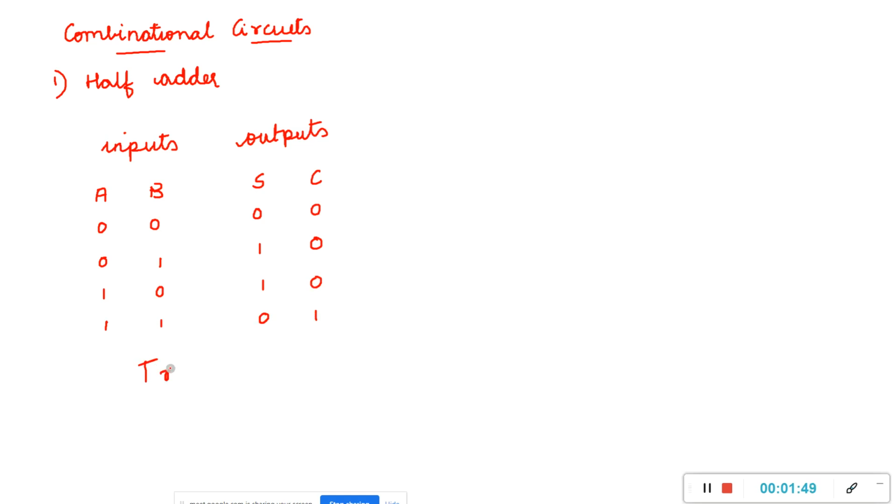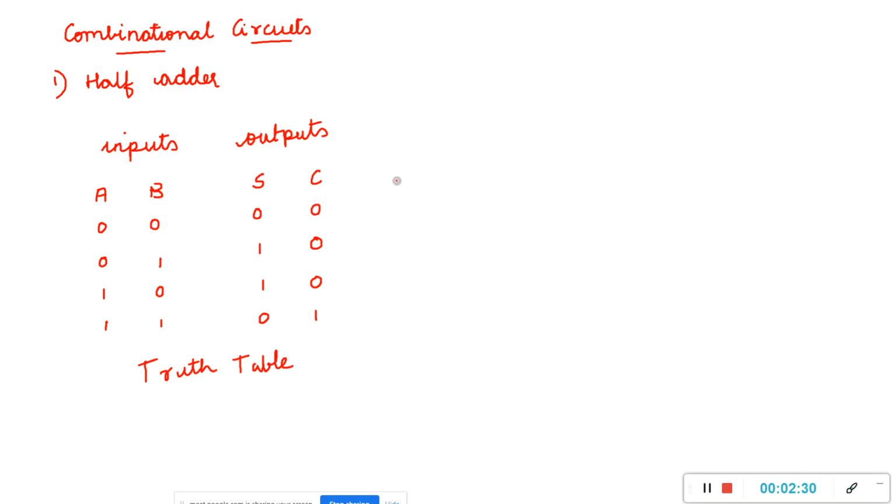What is this? This is a truth table. This is the truth table for half adder. What is a half adder? Half adder is a combinational network. It is an example of combinational network. It contains logic gates. Logic gate interconnection in a particular fashion is known as logic network. What is logic network? Logic network is the interconnection of logic gates for a particular function to be performed. Yes, half adder adds two binary digits giving two outputs, sum and carry.